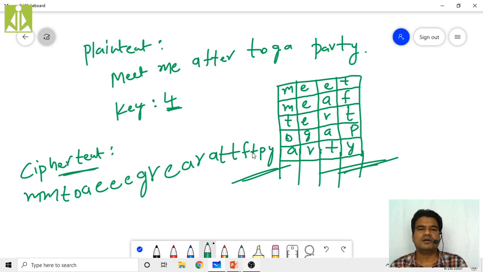Under these transposition and substitution techniques, definitely they will ask one question. Either the Caesar cipher, or the rail fence technique, or the polyalphabetic, that is nothing but your Playfair cipher. Any one particular technique they will ask. And not only these techniques, they have given some other techniques as well in your textbook that I have highlighted, or that we have taken into consideration in our notes. Simply go through the notes and prepare well for those techniques.